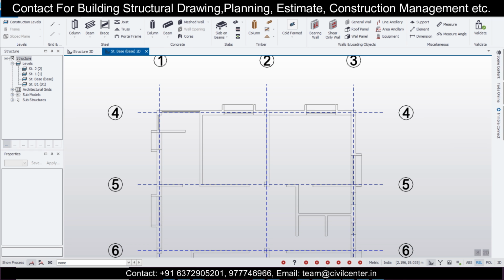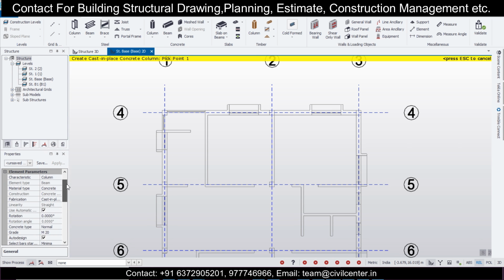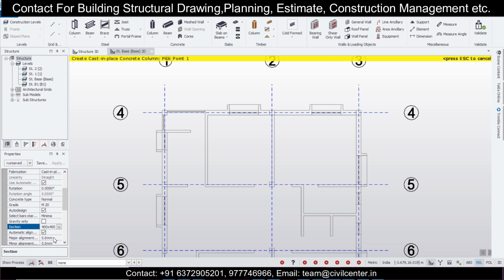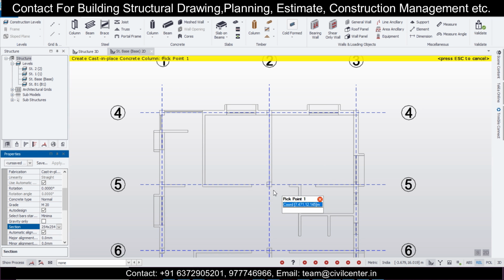First of all, we'll go to our option of model, and then columns, and then we'll take a suitable size of column here. We'll take a size of 254 into 254, 10 inch by 10 inch column, and click on OK.